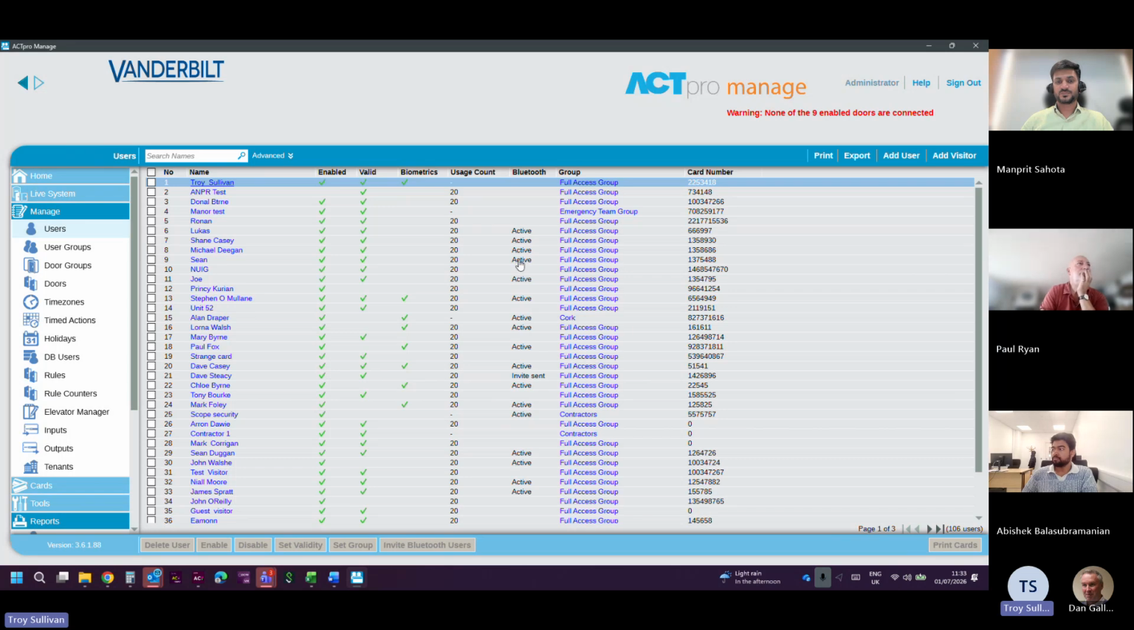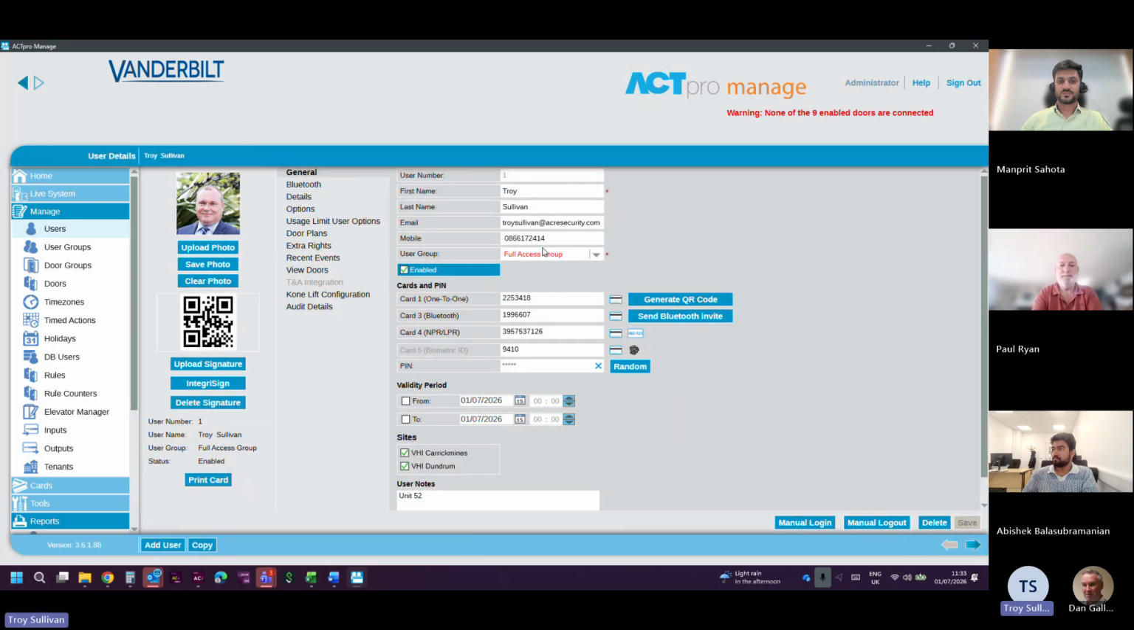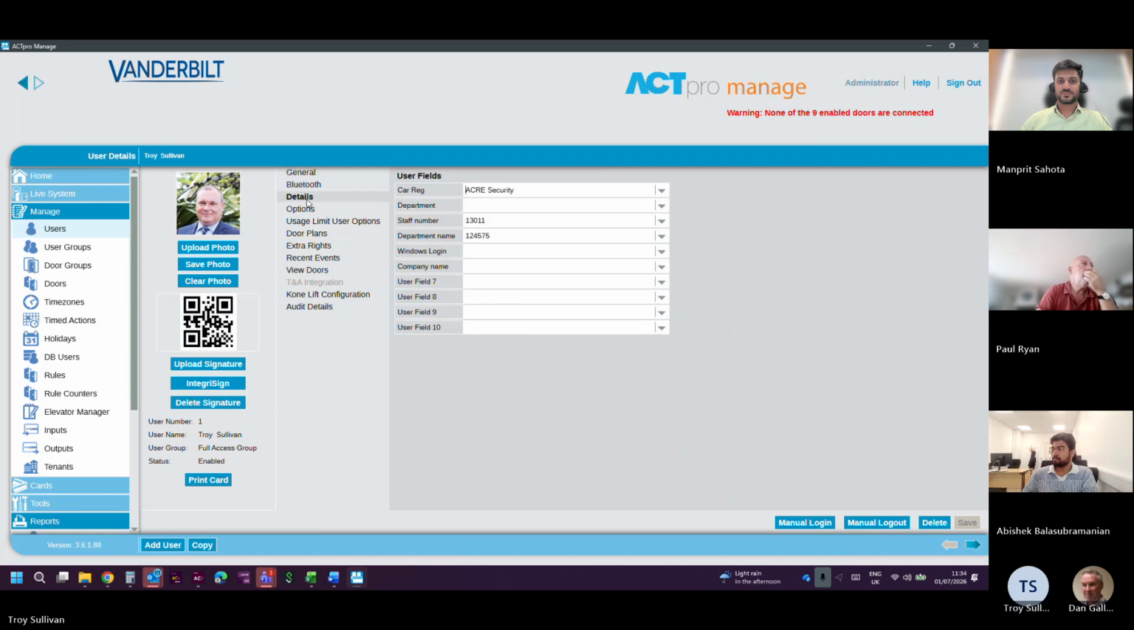So when you have a user, we'll get there, guys. They're going to have their username, email, mobile, user group, full access group. So when you have details, you can put in here, if you want, company name. You can change these to be anything. These are the user fields that you explained last time. Yeah. So I'll just change one of them to